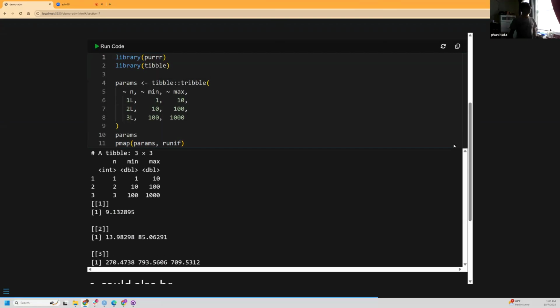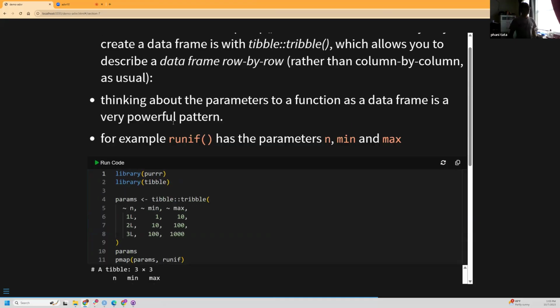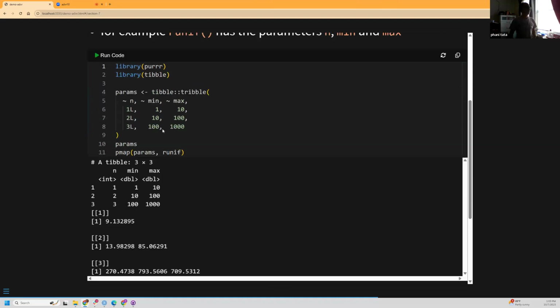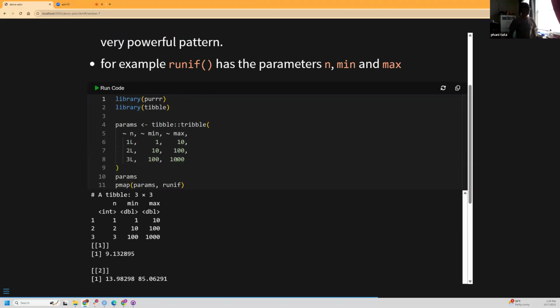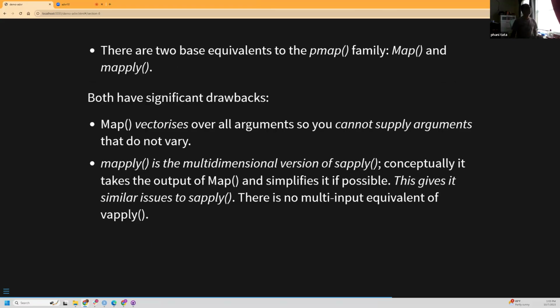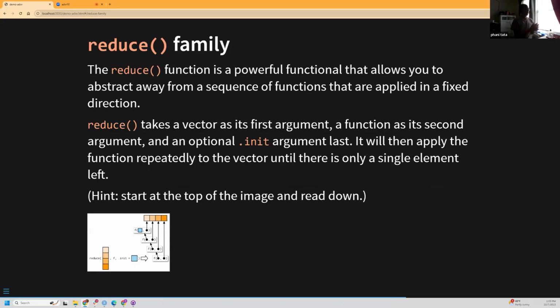Okay, sure. Thank you. So basically I'll just move in faster. The PMAP returns results that fall in nice and neat with data frames. PMAP can be used with data frames, and it takes more arguments than map and map2. He keeps on explaining the differences between base R and this. And then the reduce family, which is very interesting. The picture was confusing for me initially, but when you actually take a look at it,